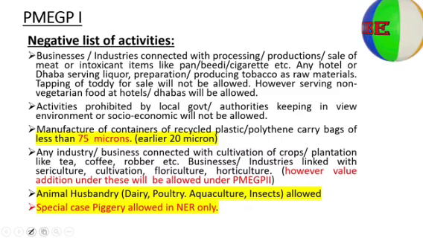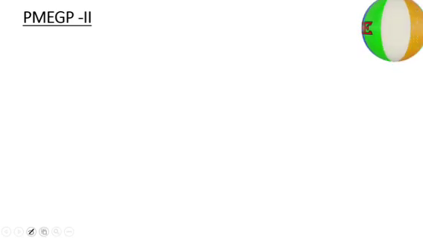Yes, a second loan under PMEGP can be given. But the condition is that it is for expansion purpose and the first loan should be repaid on time. So that is PMEGP 2 also. In many branches, many of us might have given PMEGP 1. But okay, shall I ask how many of you have given a PMEGP 2 loan?